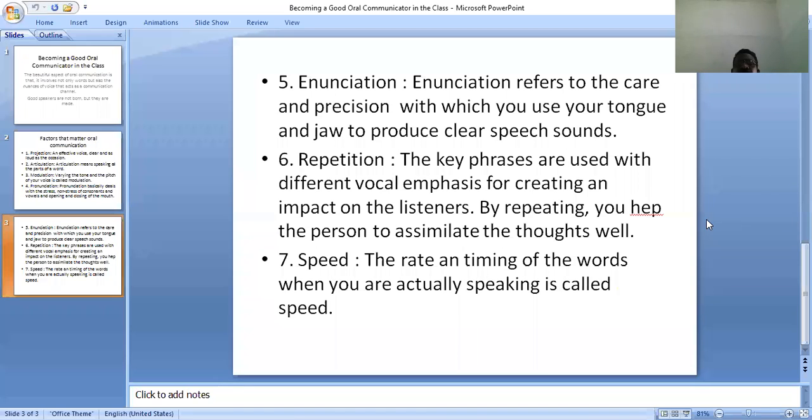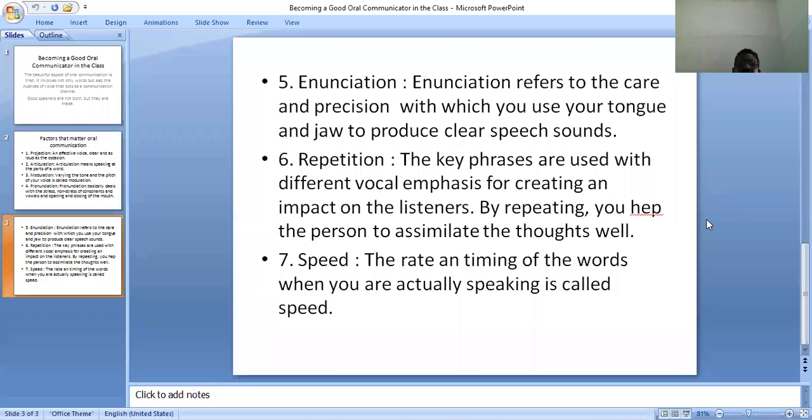The word communication is derived from the Latin word communis, not communist. It means to express our feelings, to make common, from one to another. So it means to share our ideas, thoughts, and so on. That is communication.